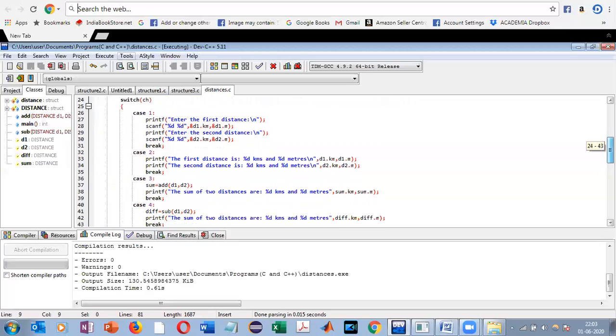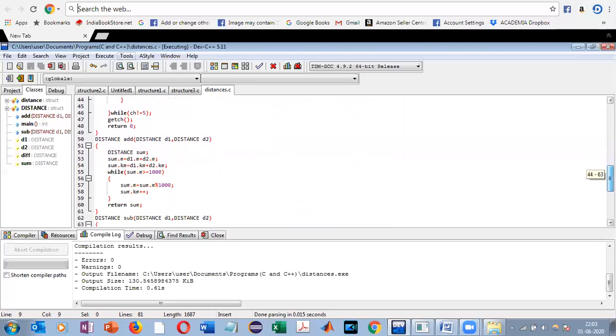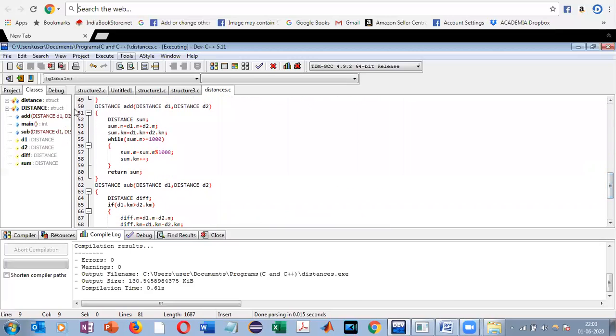We have used switch case and we have given a choice for the programmer. And then what we have done, we have simply added the two distances. We have added the meter part first, then the kilometer part. And we are also putting a checking constraint over here as we do while adding distances.